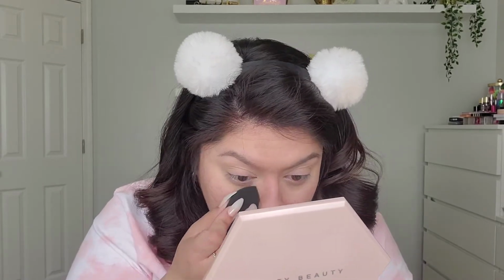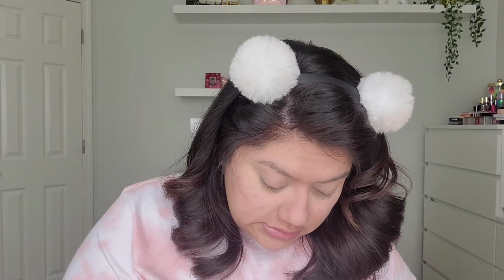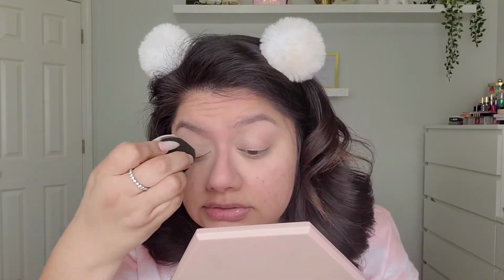Oh gosh. I don't think you guys can see it, but it really darkened. I wonder if it's the concealer or the powder. It really darkened my under eye. I don't know if you guys can see that. It really changed the color. Honestly, I feel like it has to be the powder because that's a symptom of powders. Guys, look, it looks so weird. Okay, let's just keep going and we'll figure out something to do, or just try and figure out what is doing that. I'm guessing it's the powder, but once we set my whole face, oh my goodness,